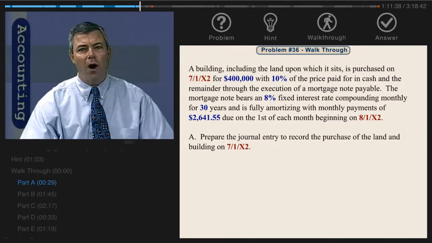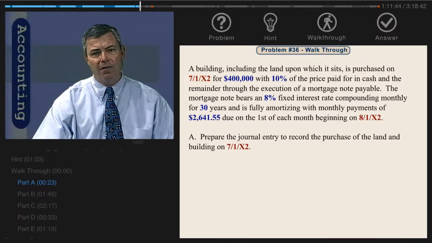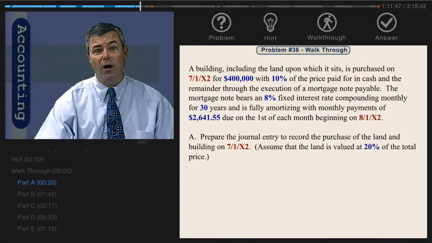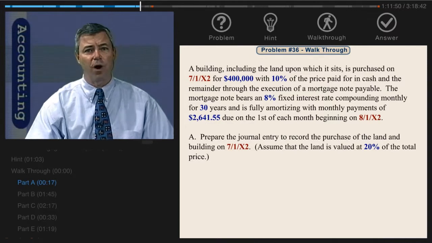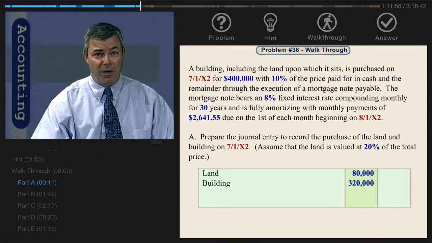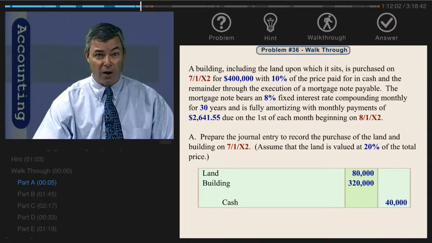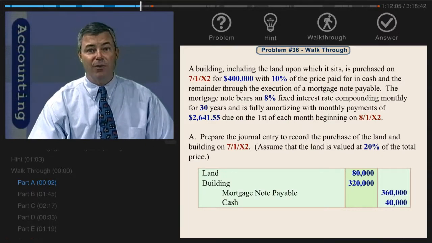The first question is, what would be the original entry to record the purchase of this real estate? Well, they asked you to assume that the land is valued at about 20% of the total price. The total price was $400,000, so we'll debit land for $80,000. Debit building for the remaining $320,000, $400,000 total, credit cash for $40,000, and credit mortgage note payable for the remaining